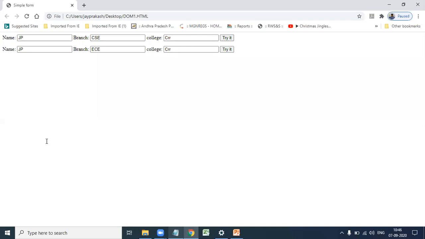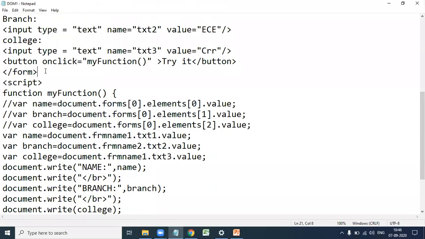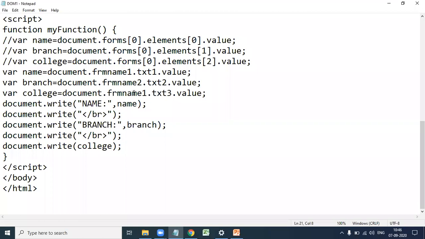Let us check it. So here JP ECE CRR. When you click on this one also, JP ECE, that is, we wrote the output statement for name, that is text1 in form 1, text2 in form 2, and text3 in form 1.